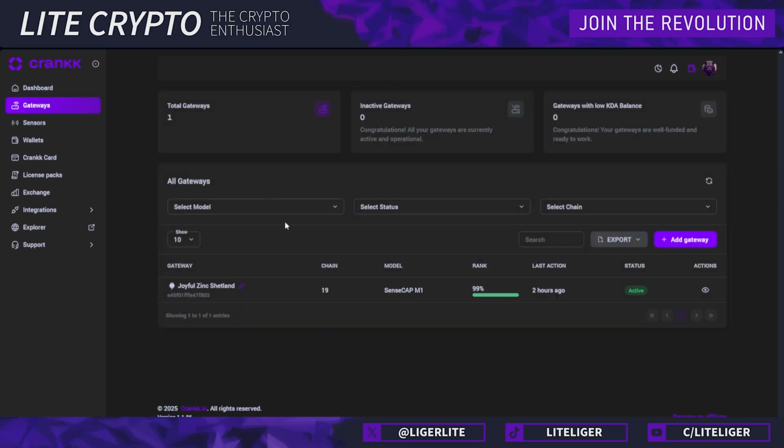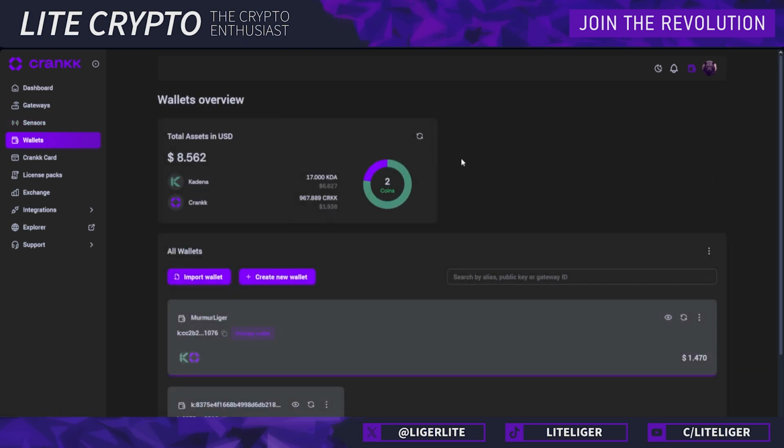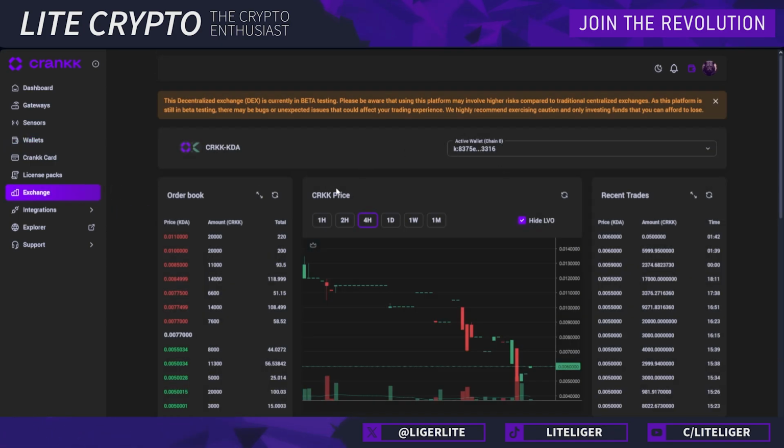Basically what you can do is get a license, and then you will be getting a gateway, and then you can track what it is doing in terms of sending and collecting data. In the dashboard you can also have your own wallets. You obviously will need some Kadena in case you don't have any. I'm going to leave a couple of exchanges down below where you can buy it. And inside this dashboard they have their own DEX where you can buy the Crankk tokens